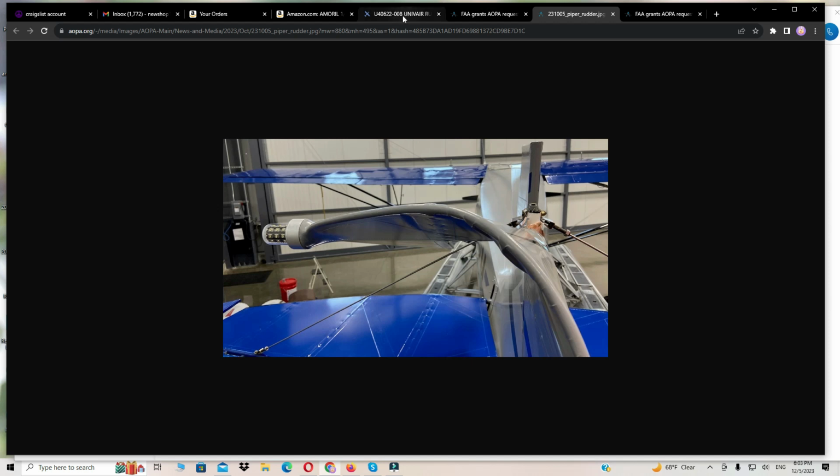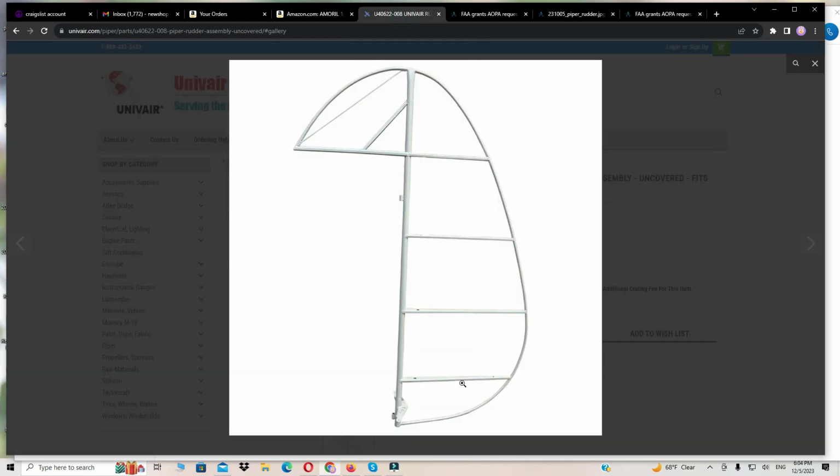So let's go back to the picture of the part. When you look at this part, please pay attention, because I'm going to explain how the repair could have been done in order to prevent this. The tube that you have over here is a hollow tube. If you have the original factory part, from 1940, 1950, 1960, whenever they manufactured it, those parts were made from 1025, or even if it's made out of the newer alloy that they wanted to have over there, the 4130,